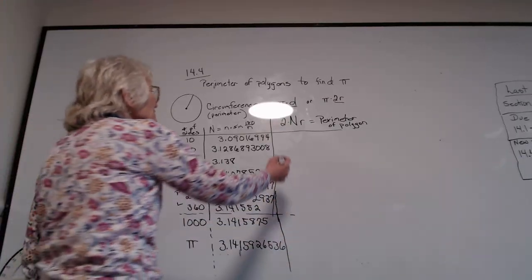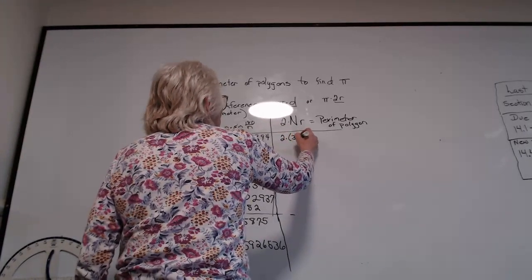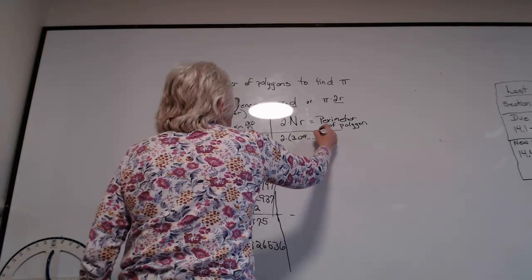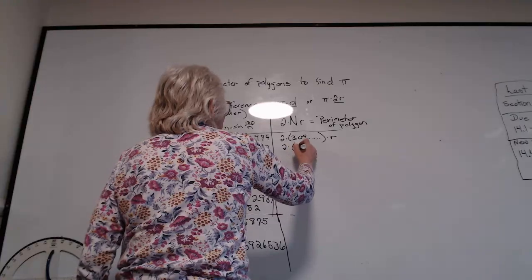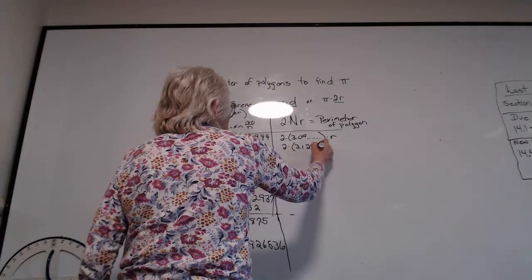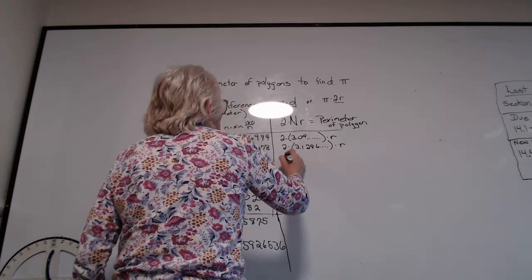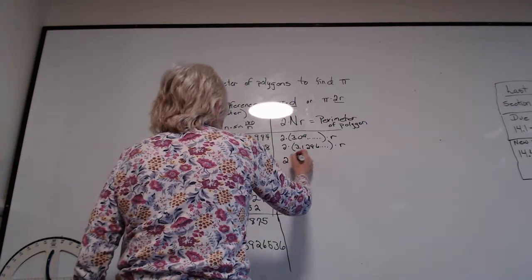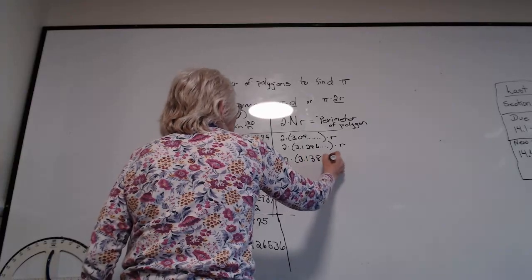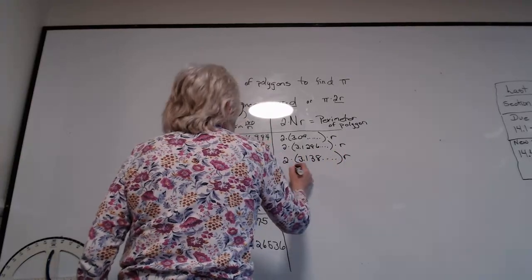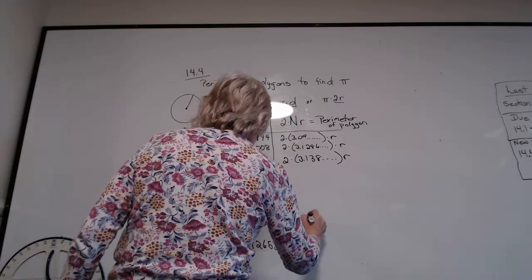So what I'm trying to show you is this would be 2 times 3.09 times r. This would be 2 times 3.1286 times r. This would be 2 times 3.138 times r. And down here we get to 2 times